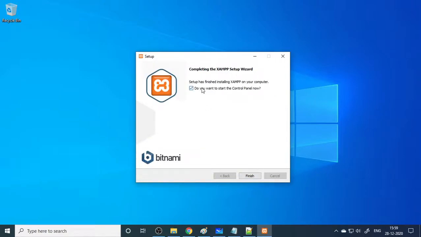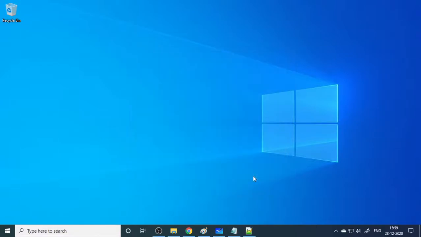Completing the XAMPP setup. Now it's completed. So you can open the control panel, click OK.